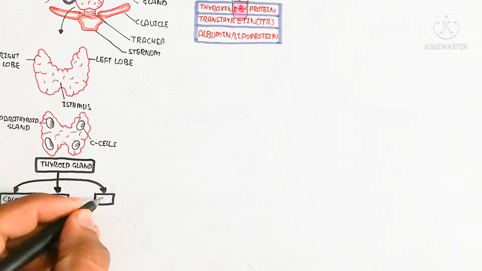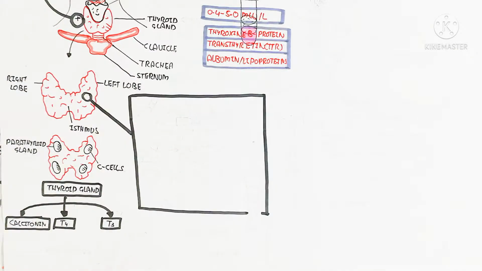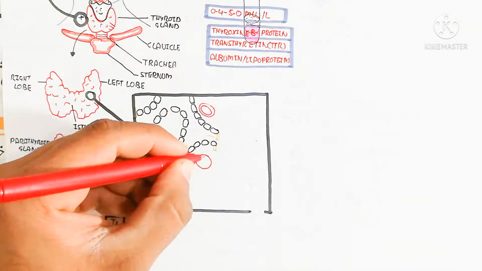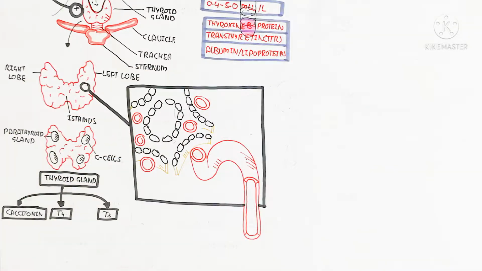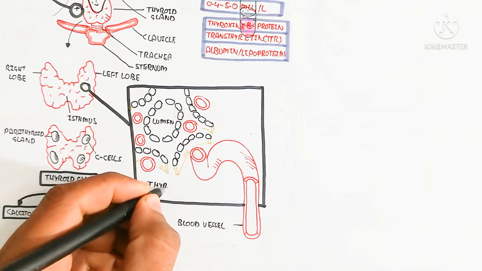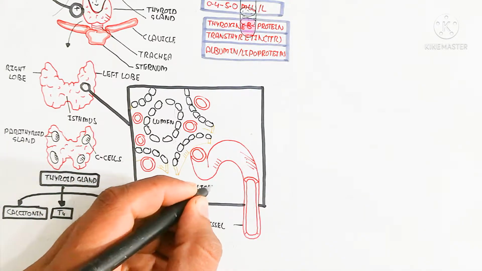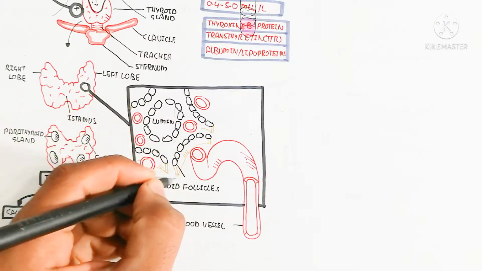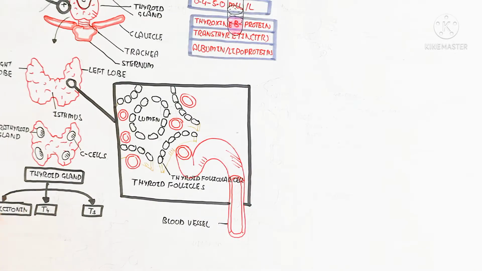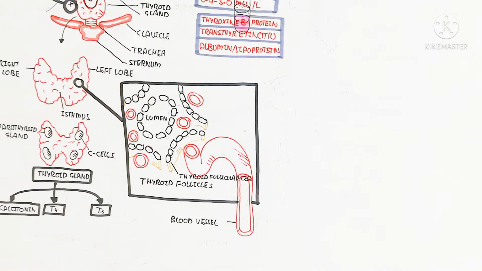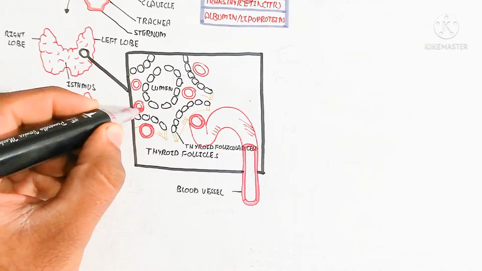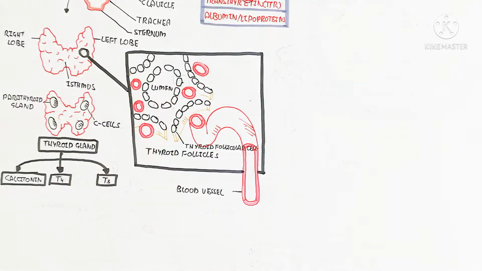Let's begin to understand the hypothalamus and pituitary gland, how the hormone is produced, and the negative and positive feedback mechanism. First of all, this is the thyroid follicle. It is in the form of a follicle, and blood vessels surround the lumen. It contains thyroid follicular cells, and the blood circulatory system will absorb the nutrients from the food. The food contains iodine and calcium,